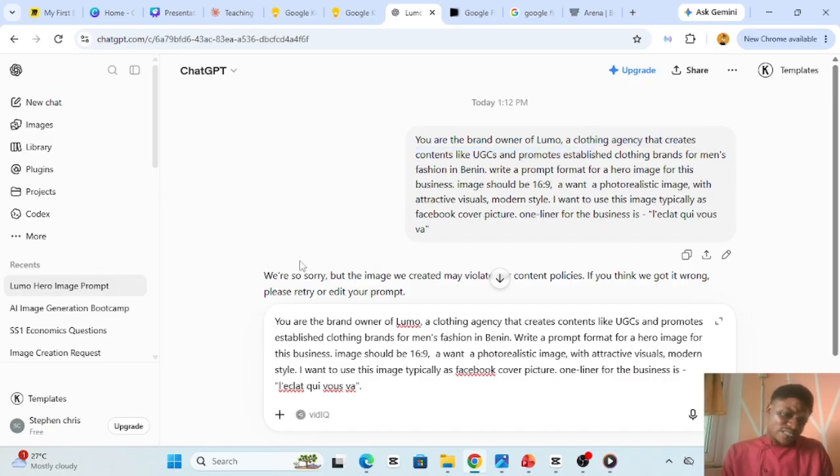But look at the interesting thing that ChatGPT told me. It said, "We are sorry, but the image we created may violate content policies. If you think we went wrong, blah blah," it just basically did not create the image for me. But you may run into this every single time, or most of the time, when trying to create commercially usable content or commercially usable images. Don't worry, I got you covered, because we are going to use